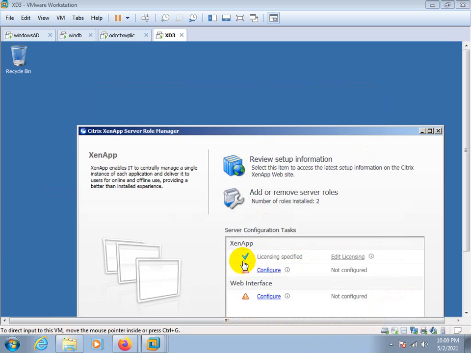For licensing, it's done. Only we have provided the name of the license server, and it's automatically configured. Now the Zenapp configuration. So click here.